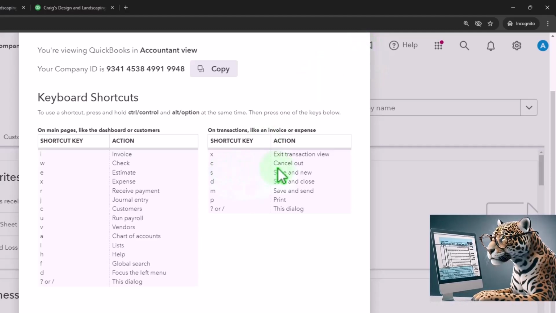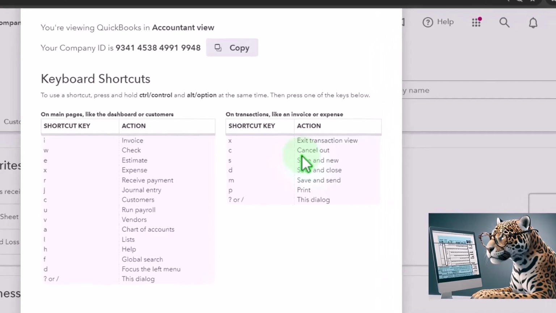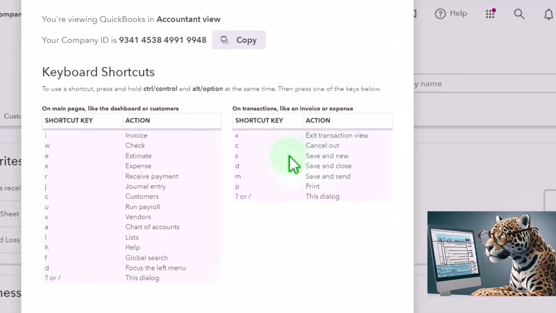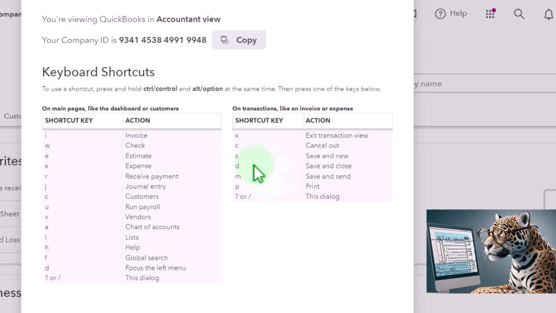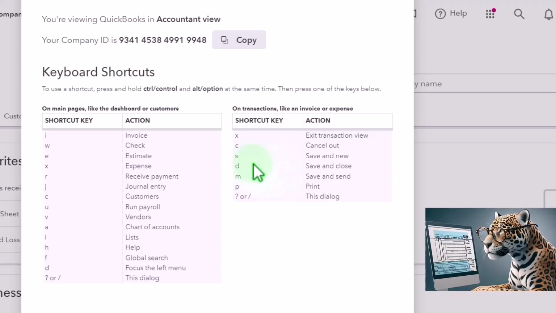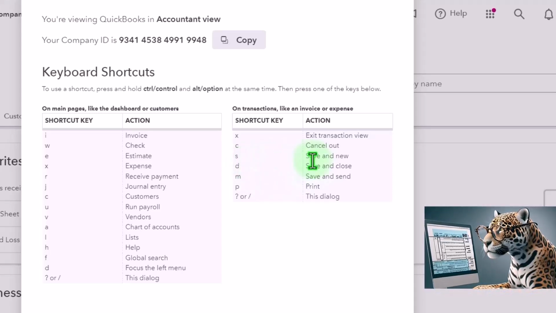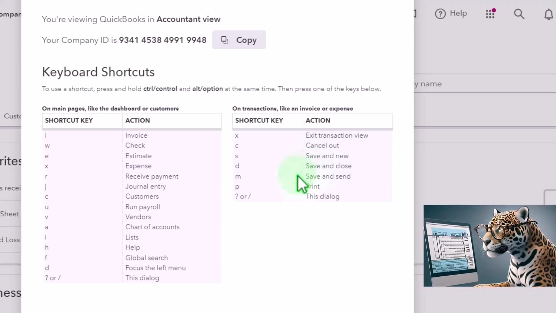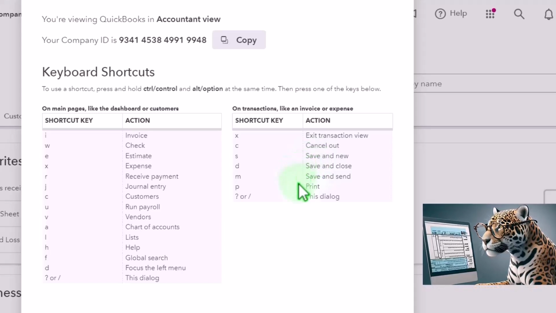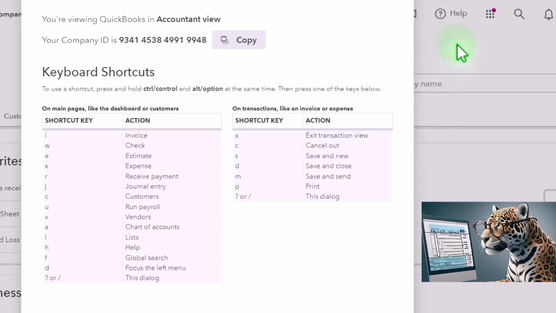Similarly, cancel out will do much the same things. Oftentimes, it might have different uses in some specific areas. And then save and new. So when you're in the form, you can go save and new, save and close, save and send, and then the print. So let's just take a look at a couple of these. So like I say, I think